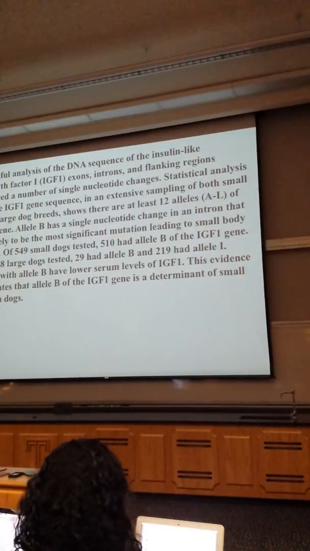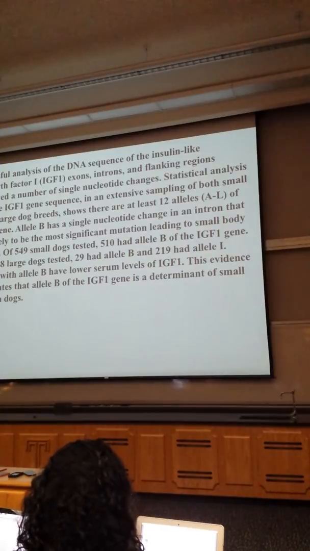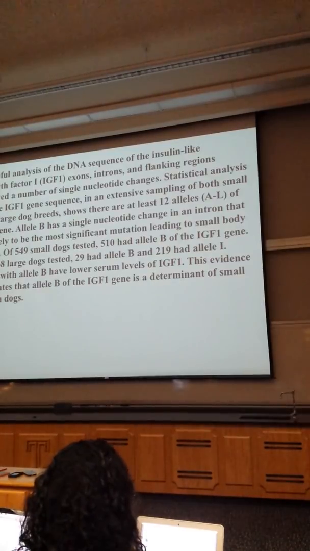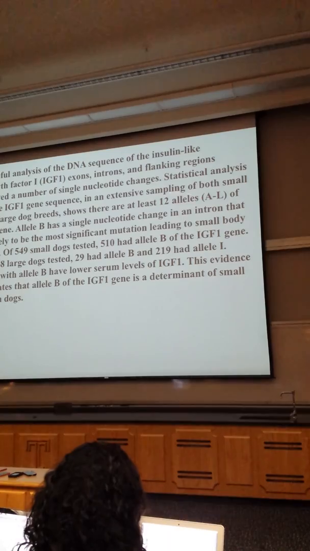What distinguishes one allele from the other is just changes in the DNA sequence. And from looking at the DNA sequence from all of these different small and large dogs, they found there are at least 12 alleles